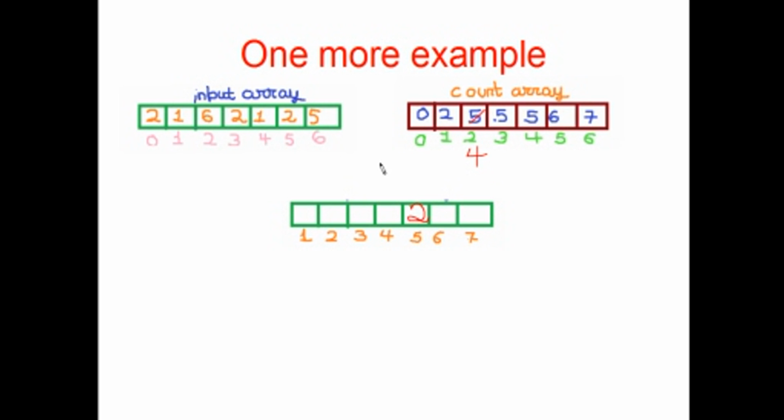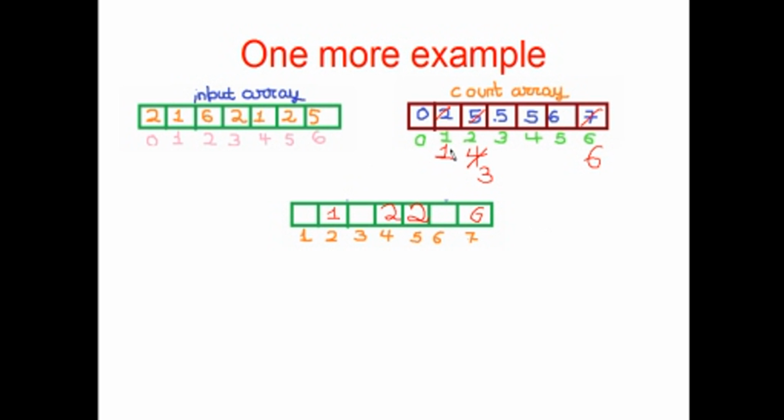You'll soon understand why I am decreasing this value. Next you have 1. Go to the first index. It has 2. So store 1 here and decrement this counter by 1. Next you have 6. Go to the 6th index. You have 7. So store 6 here and decrement this counter by 1. Next you have 2. Go to the second index. Now you have 4 here. So now I'm sure that you would have understood why I decreased this value. So I'll store 2 here, otherwise I would have ended up storing 2 here again. Now let's decrement this value by 1 again.